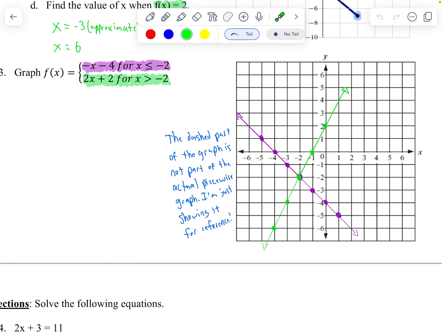So you start at this point, and we can only use points that go this way. So none of these actually exist. The other way to do it